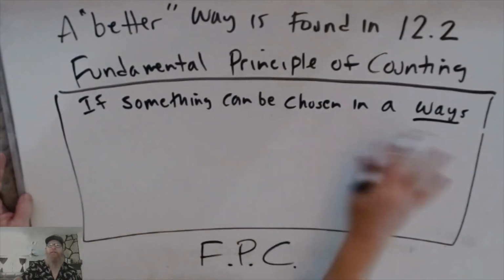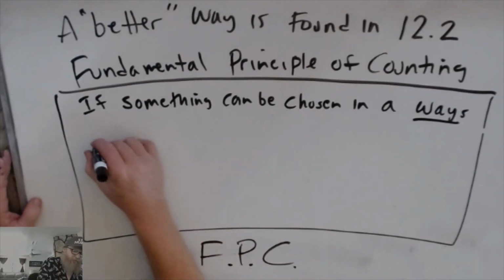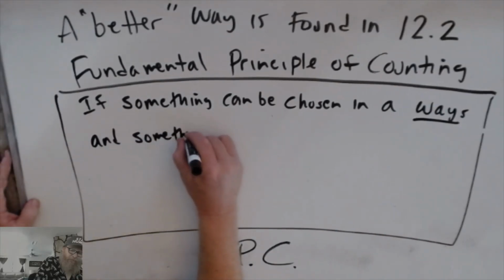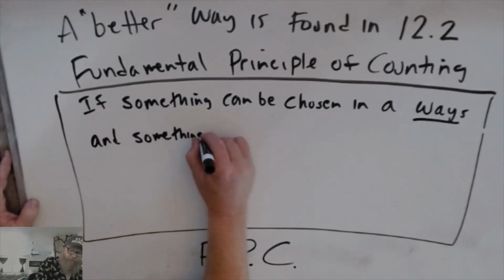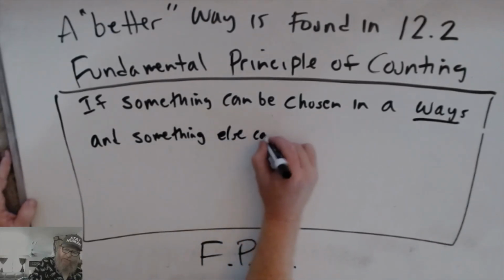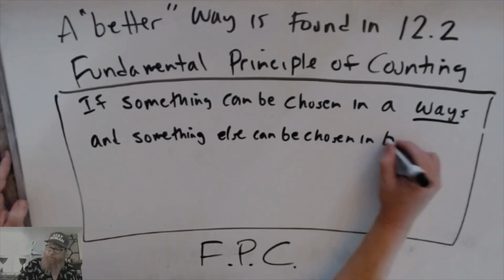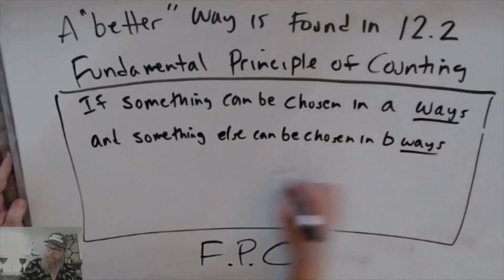If something can be chosen in A ways, and something else can be chosen in B ways,